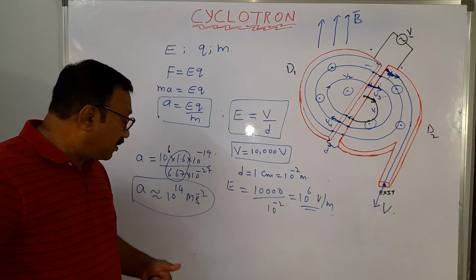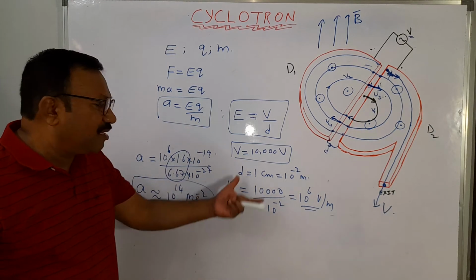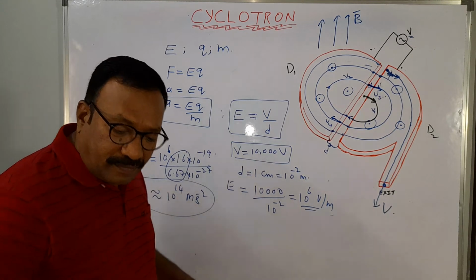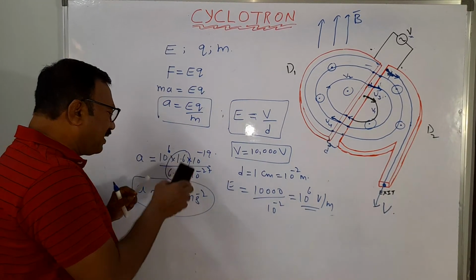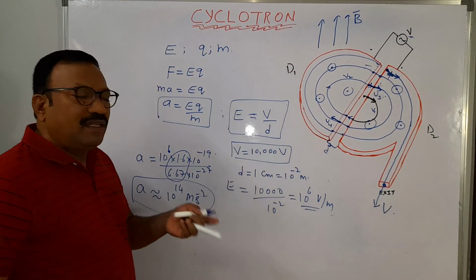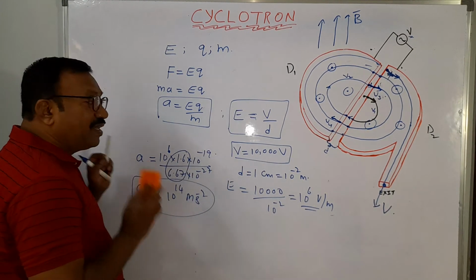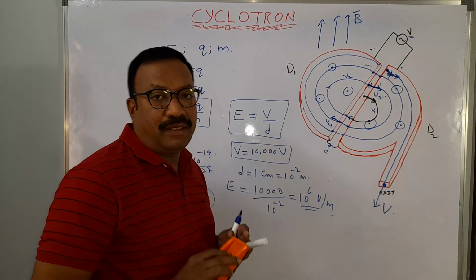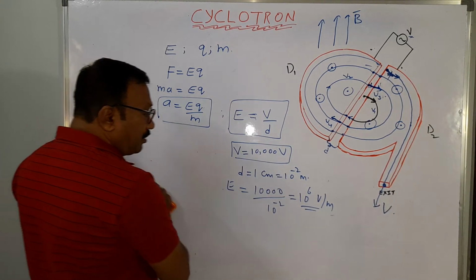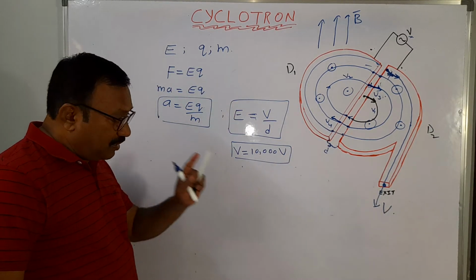In 1 second, the velocity will increase by 10 to the power of 14. Approximately I am telling you, all these are not exact. I am not telling you exactly how it is being accelerated here. The charge and mass of the particle are exact, but the distance between the plates is an approximate value I am taking. So this is how the acceleration of the particle works. Very high acceleration will be produced between the Ds. Then you may ask me, sir, what will be the velocity of the particle that comes out here? That will be a very high velocity. We will discuss that later on.